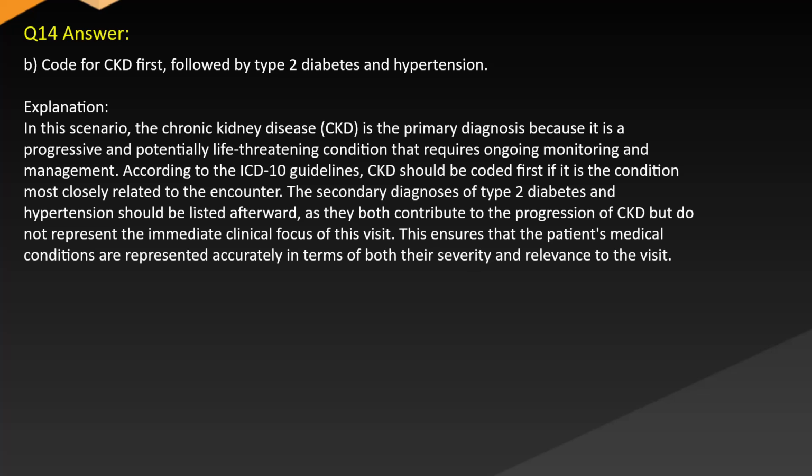According to the ICD guidelines, CKD should be coded first if it is the condition most closely related to the encounter. The secondary diagnosis, type 2 diabetes and hypertension, should be listed afterward, as they both contribute to the progression of CKD, but do not represent the immediate clinical focus of this visit. This ensures that the patient's medical conditions are represented accurately in terms of both their severity and relevance to the